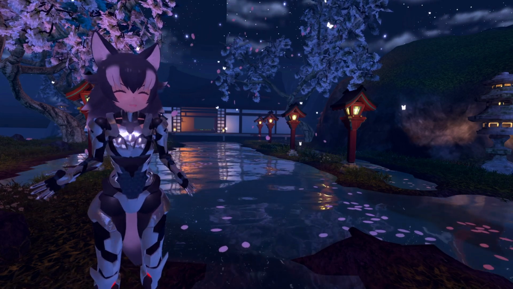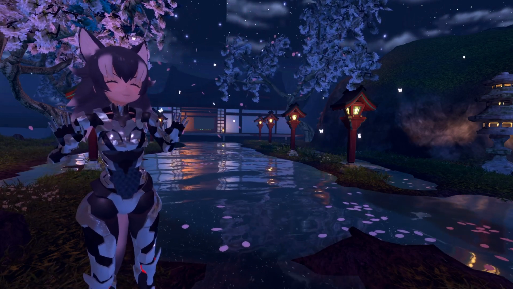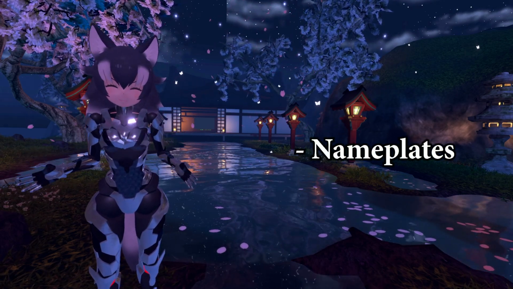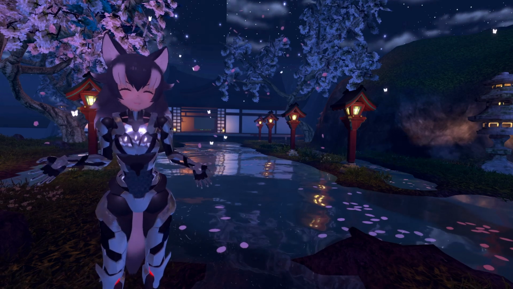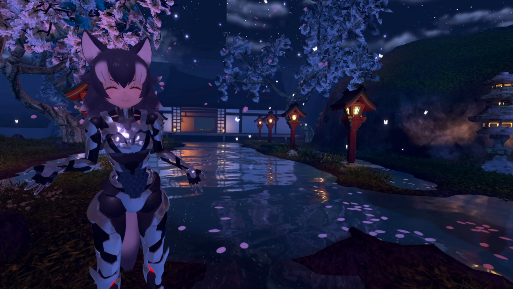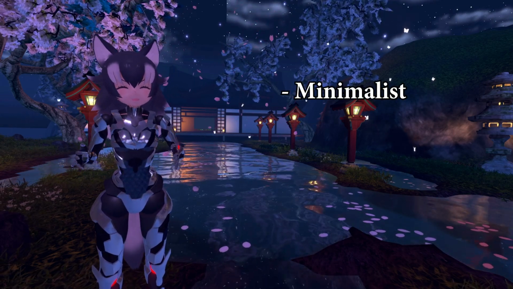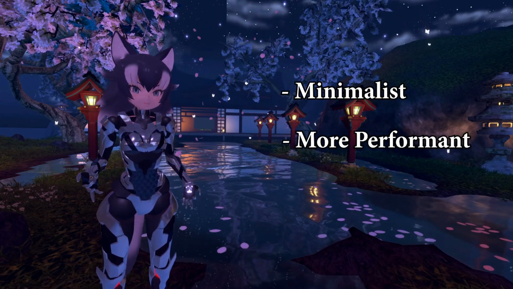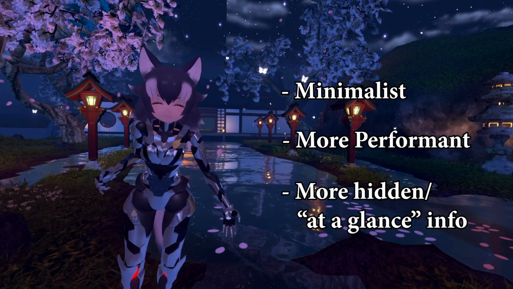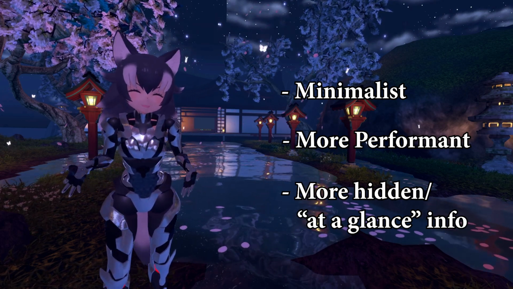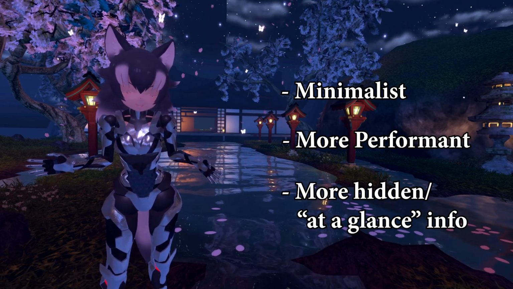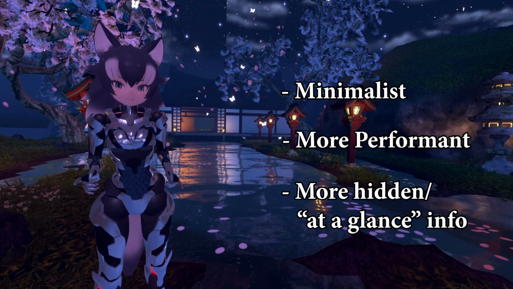But other than VRChat Plus, 2020.4.3 brings with it some well-needed upgrades. The most obvious of them are new nameplates. One would think this would be simple and not much would come of it, but boy, you'd be happily mistaken. Much more minimalist in design, they also take into account performance a lot more than the old nameplates, hiding a lot of information until you open up your quick menu, providing at-a-glance data to info, like a user's avatar performance, rank, and trust level, and taking a lot less draw calls to render,